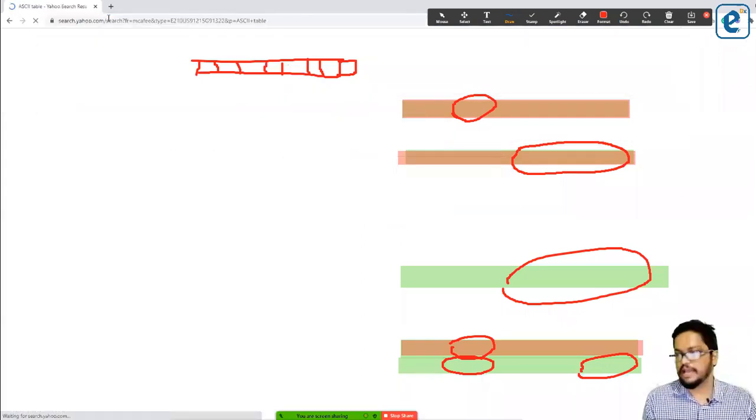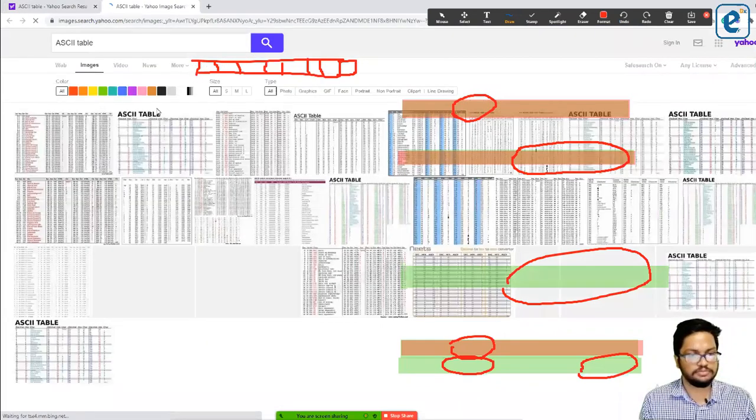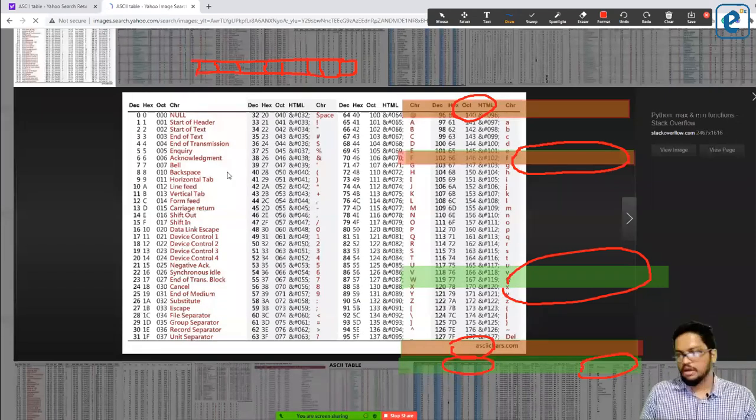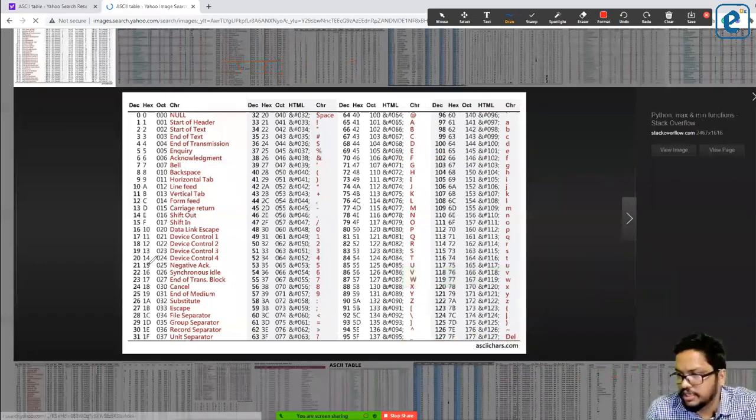So what do you mean by the ASCII table? So this is what you call the ASCII table. Now can you see, each number is given, right?